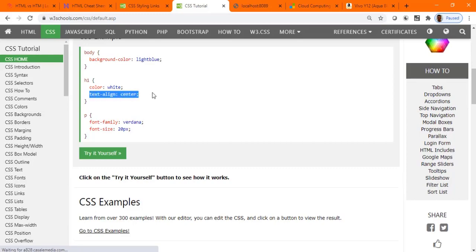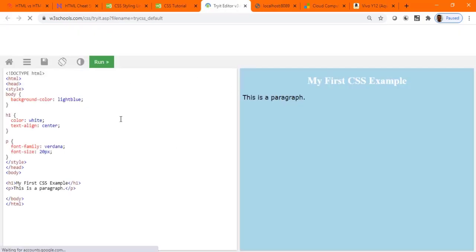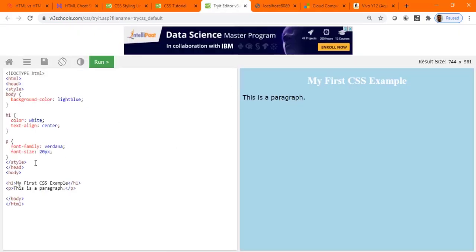Text alignment, which will set the center, and so on. Font size. Let me just try it here itself. Let me see the syntax here itself. Let me play with that, change the value here and see the output. And if I need this, then you can go back and add the same kind of code in the existing page. But before that, you have to take your pen, a pencil and paper, and see how all my pages will look.